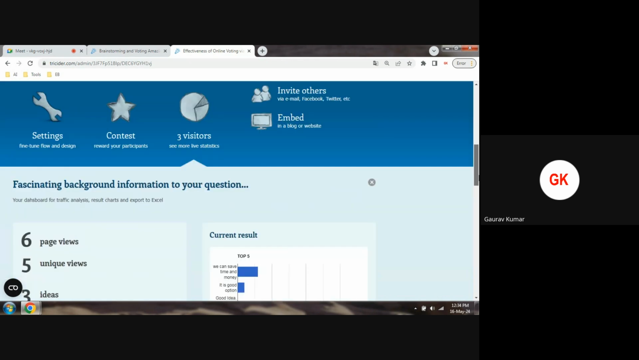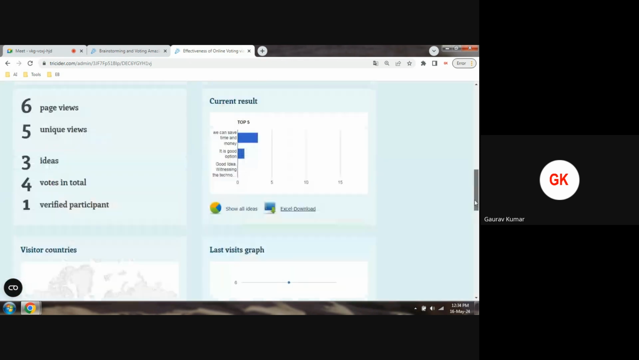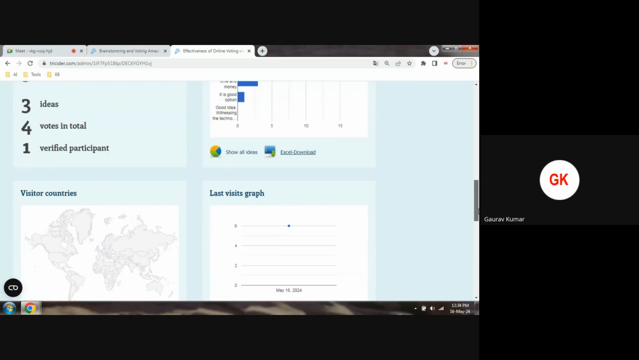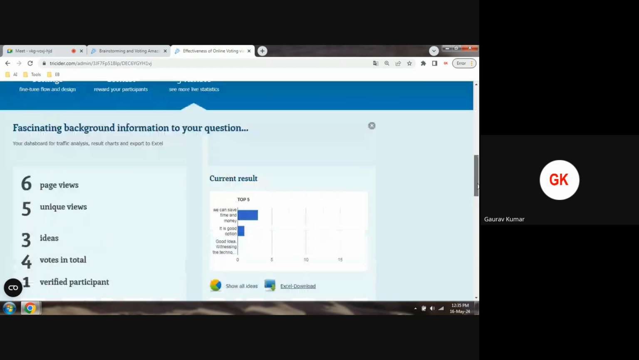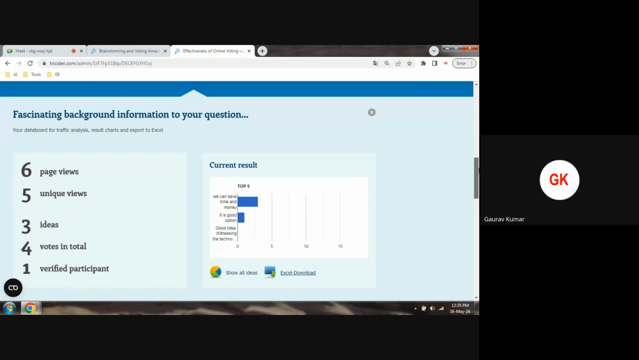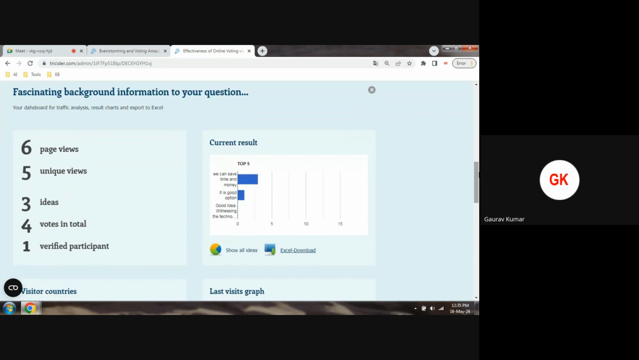Participants. We want to see statistics from which locations these responses are coming. For example, we are collecting data related to a specific research theme. We want to take data from which locations, from which regions these responses are coming. So 6 page views, 5 unique views. So statistics of that we can take. Excel download,